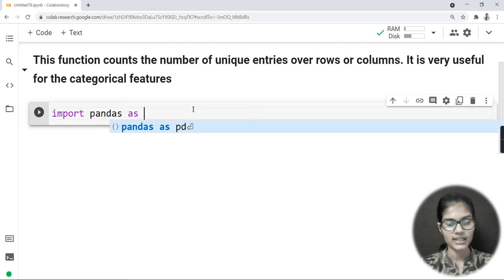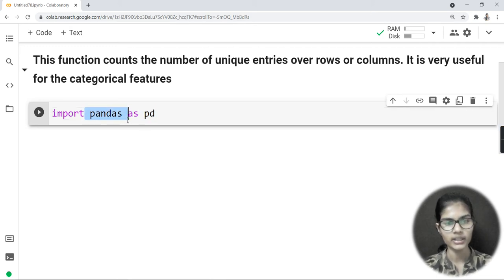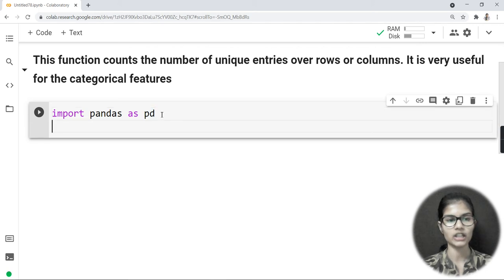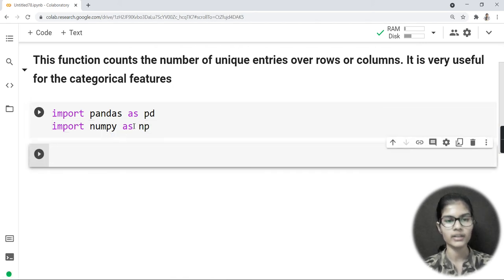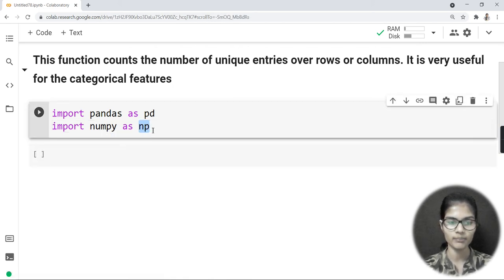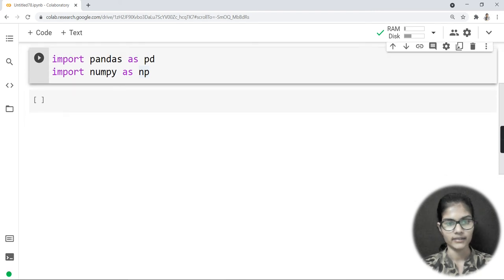So import pandas as pd. This means I am importing my pandas library and giving it a short form pd. Now my next step is import numpy as np. I am importing my numpy library and giving it a short form np. Right, this is done here.